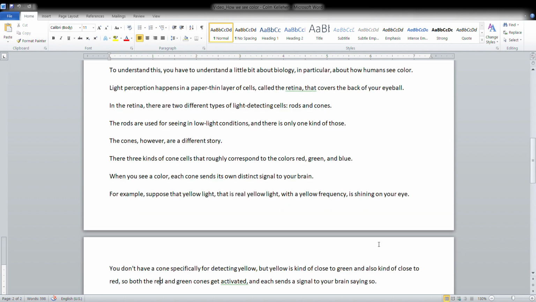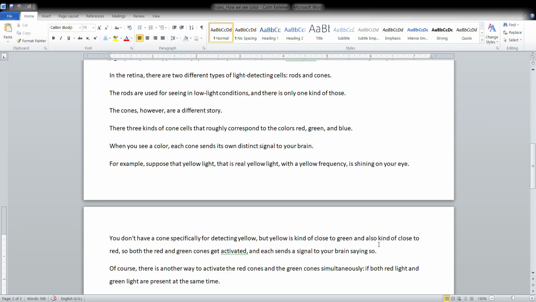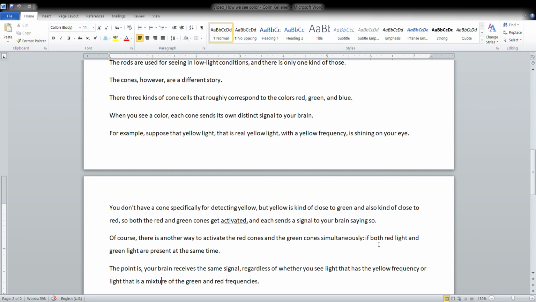For example, suppose that yellow light, that is real yellow light with a yellow frequency, is shining on your eye. You don't have a cone specially for detecting yellow, but yellow is kind of close to green and also kind of close to red. So both the red and green cones get activated, and each sends a signal to your